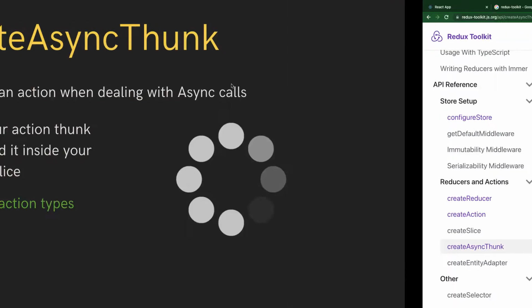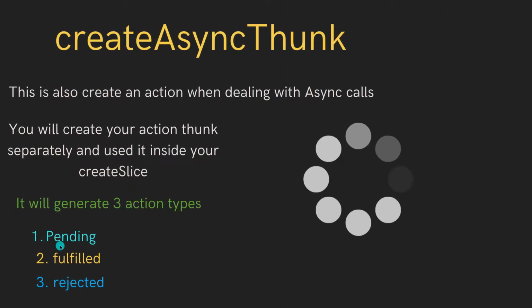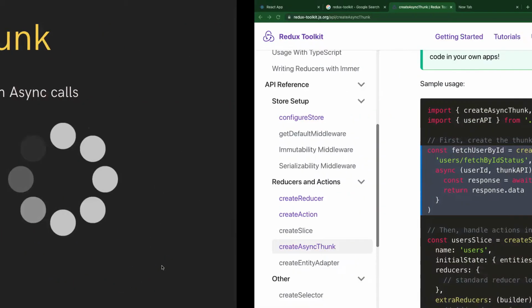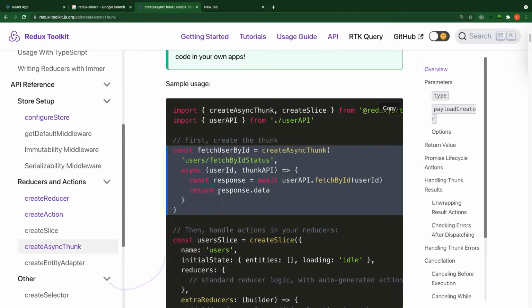So let's go back to the slides. When it's loading, when it's fetching, the state becomes pending. When everything goes right, it's fulfilled, and rejected means the request failed, and you can handle the error as well. All right, so here let's see how you can create that action. So first, we bring in your